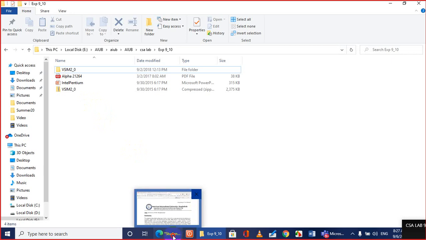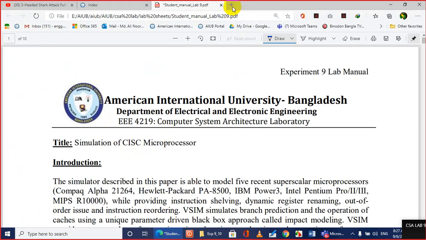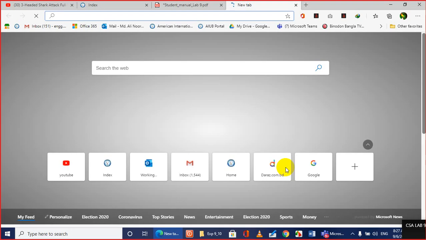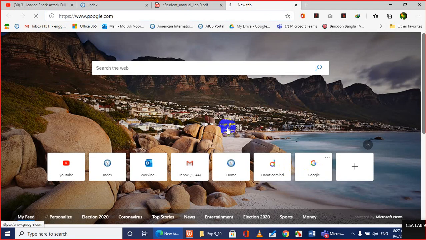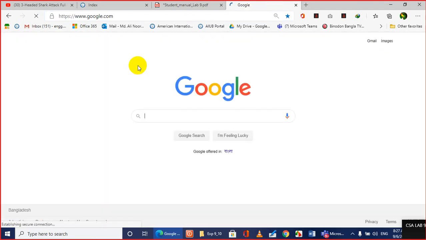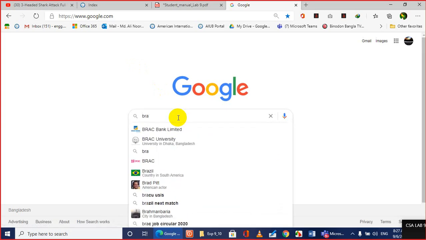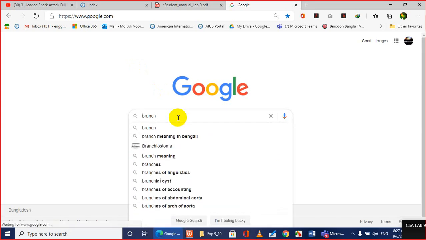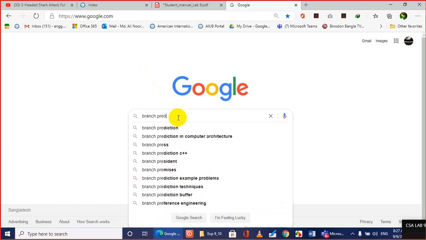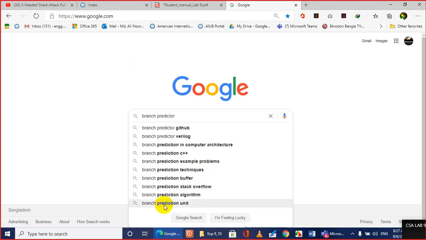Okay, if I go to the net, let me give a search in Google. Branch prediction unit.